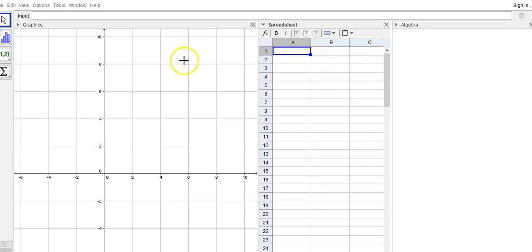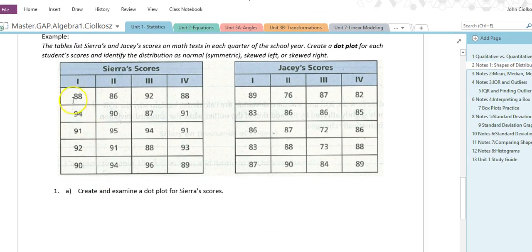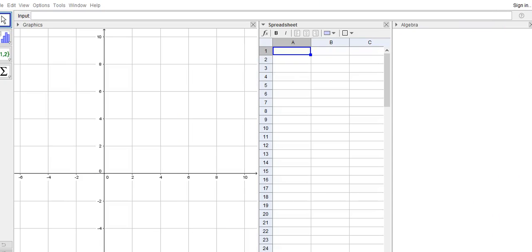Okay, so looking at those, notice I'm going to type everything in column A. The order doesn't matter. I'm just going to go down. So I'm going to go in this order, just kind of following down each one in order to put that data in. So looking at Sierra's scores, we have 88, enter, 94, 91, 92, 90, 86, 90,